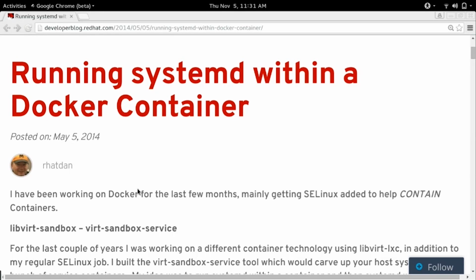I wrote an article that probably a lot of you have read. Sadly, this is the most common way people find out about running systemd inside of a container. And if you look at it, it was written on May 5th, 2014. Okay, so I defined over 2 years ago how to run systemd inside of a container,